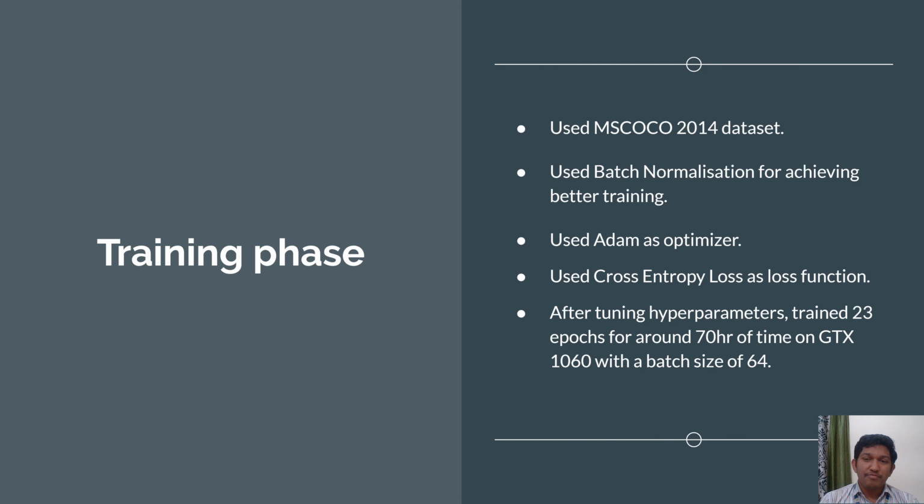After tuning hyperparameters like the embedding size, batch size, and such parameters, we trained for 23 epochs for around 70 hours on a GTX 1060, which is a GPU from NVIDIA. We limited it to this because of our resource constraints. After training for this long period,